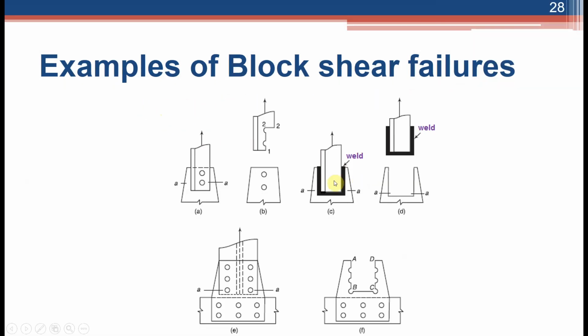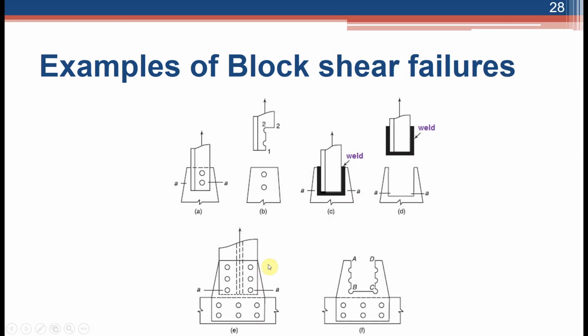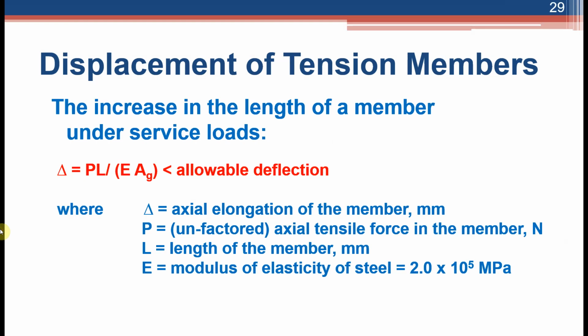Examples of block shear failure. These diagrams are self-explanatory regarding how different end connections affect block shear failure. Here a single angle is connected by 2 bolts, and here a single angle is connected by a symmetrical weld. This failure takes place like this whenever double angles are connected to the horizontal member back to back. A block shear failure may take place like this, or may happen like this.